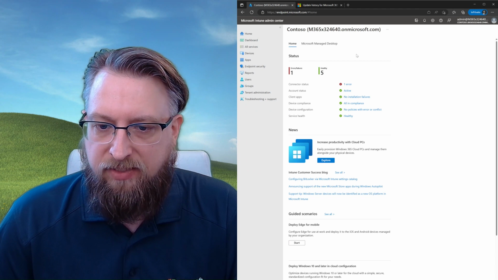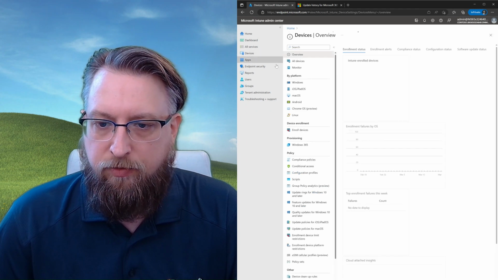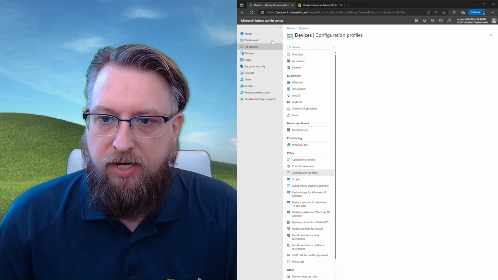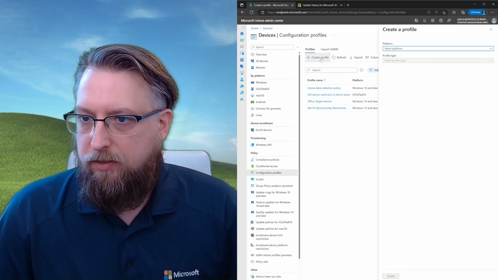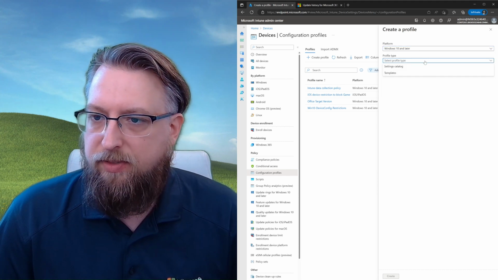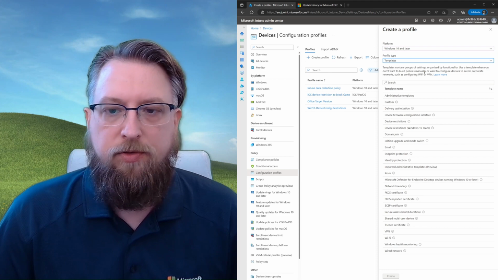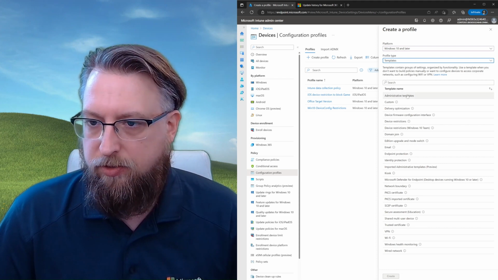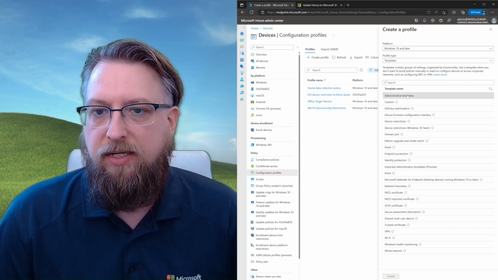So let's go through the steps. In the Intune Admin Center, as I mentioned, if you're managing your devices using Active Directory, it's basically the same options we want to set. So I will switch to devices, and then I go to configuration profiles, and I create a new profile for Windows 10 or later. Profile type is templates, and we want the options that are included in the administrative templates. Hit create, give it a name,